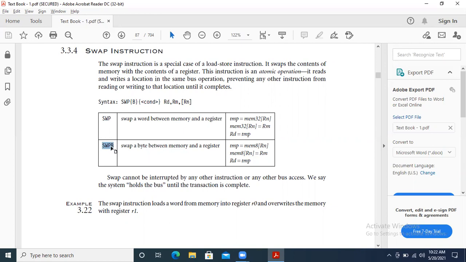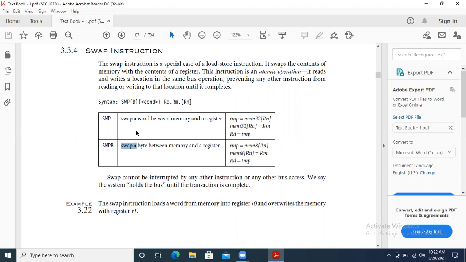So why are they differentiating? Because for one word the memory needs more, but for one byte we need only one byte. If you use the same for both, then while using a byte you can waste a lot of memory, because the size is only one byte but I am using the size of a word. So what happens is we are wasting a lot of memory. To save the memory for specific input, we use the specific instruction.